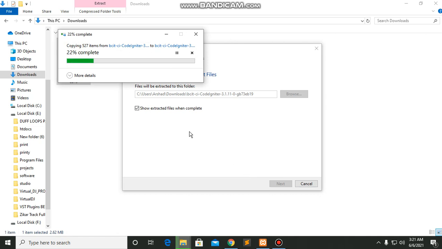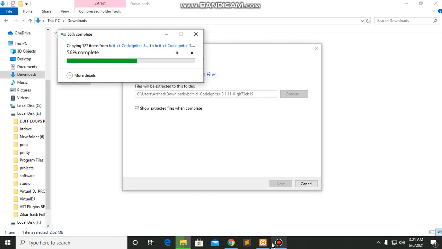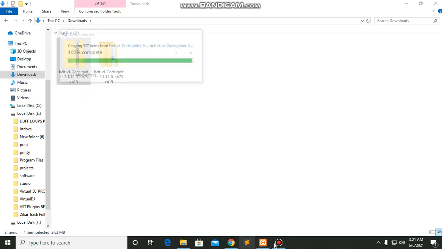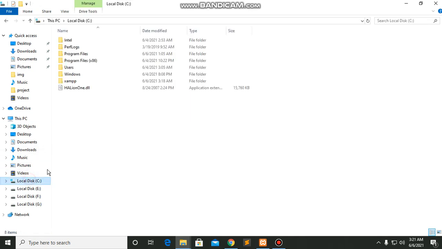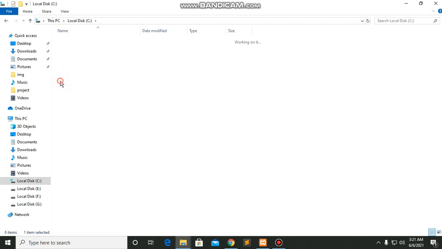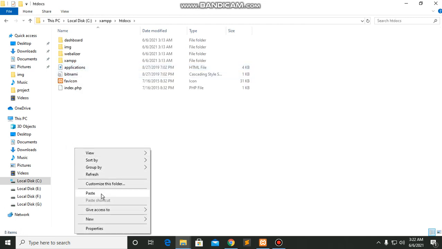After that you have to cut this folder. Okay, cool. Now you have to cut this and go to C drive, and you also need XAMPP in your system. If you don't have it, just download it, and then you have to open the htdocs folder and paste this folder here.